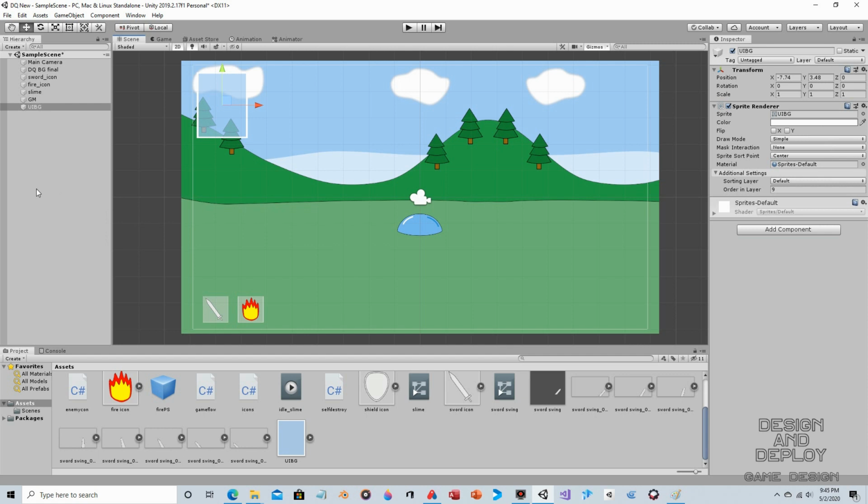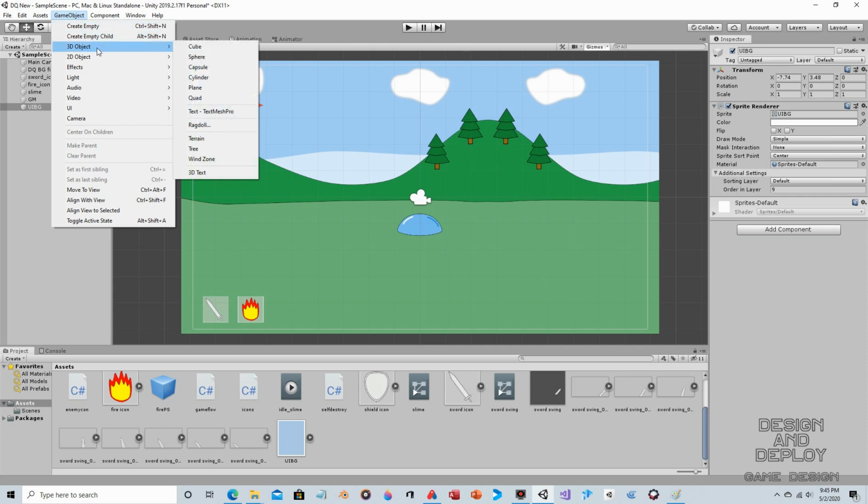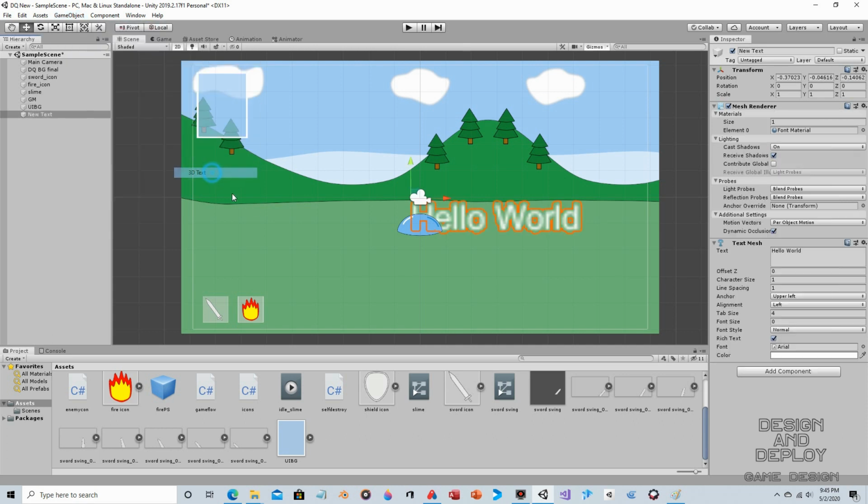Okay, so what we're going to do, we're now going to create a text object, and that's going to display the HP. So we're going to go to Game Object, 3D Object, and 3D Text. Some people have said that 3D Text is basically deprecated, but it's still in the UI. They still let you use it, so I'm going to still use it. They do have Text Mesh Pro, but I'd rather not get into it for a simple